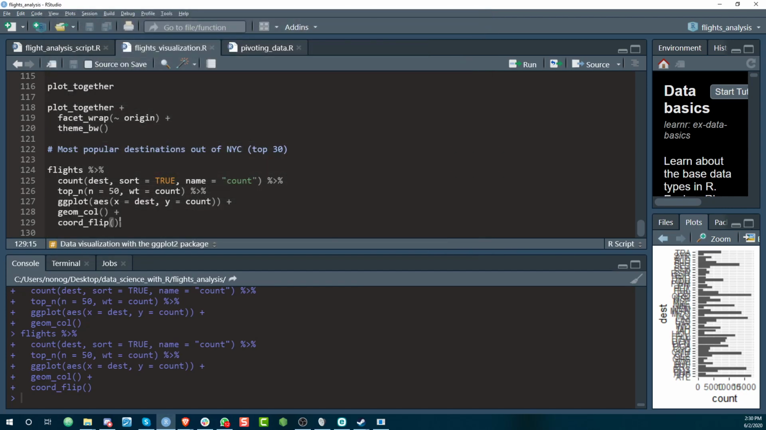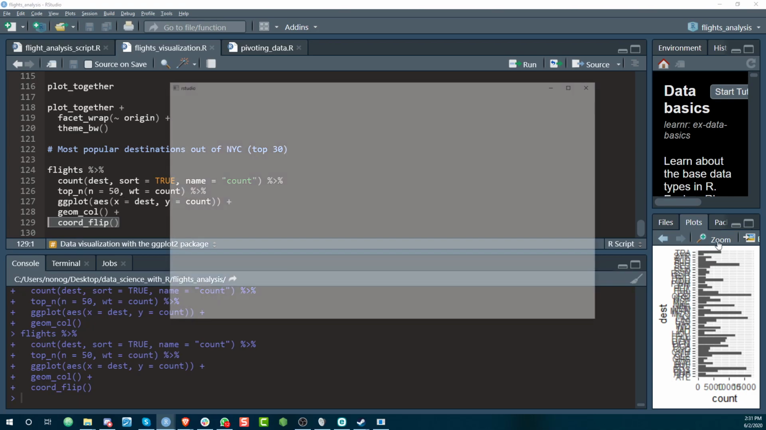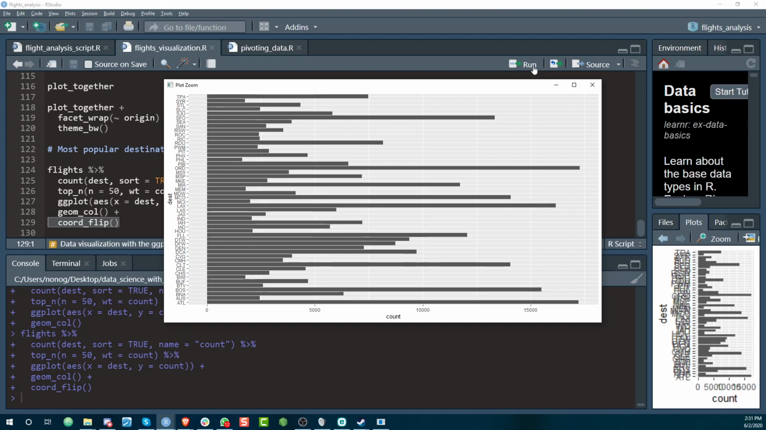It's the coord flip. Sometimes if it's hard to read whatever you have on the x-axis, just go ahead and flip your coordinates and everything will be great. Okay, so that's tip number one. Tip number two is